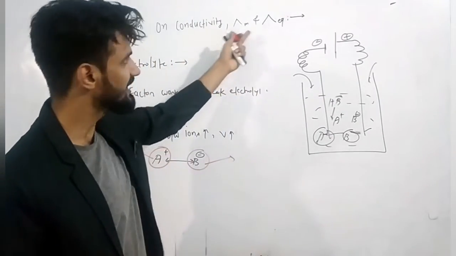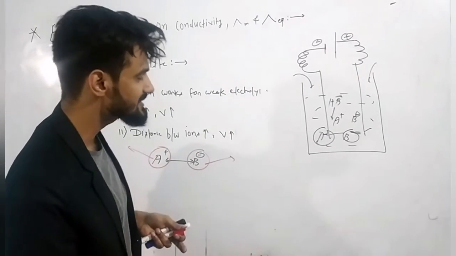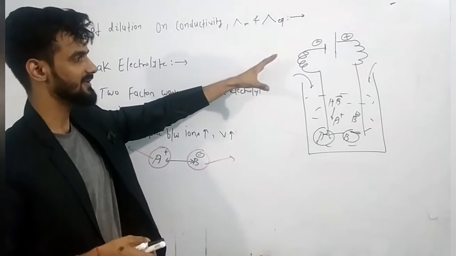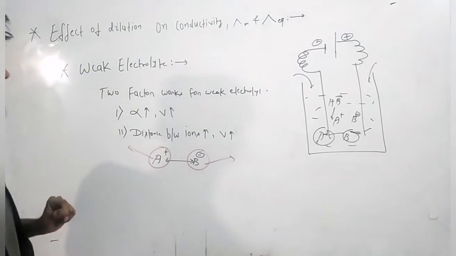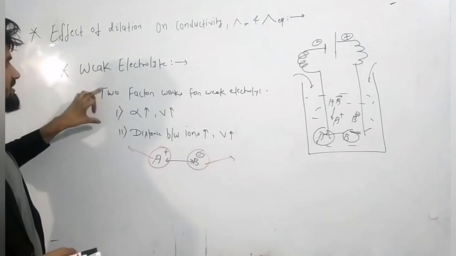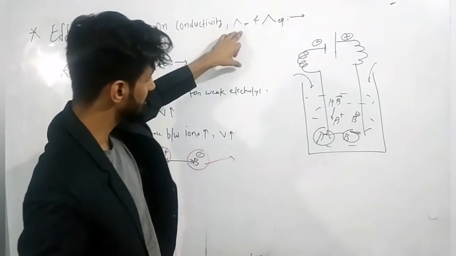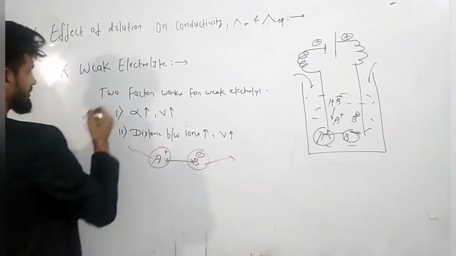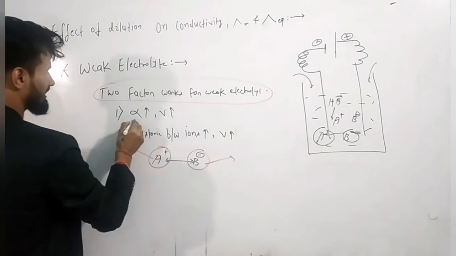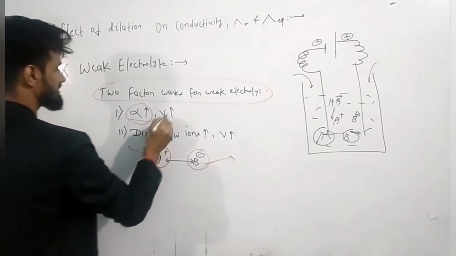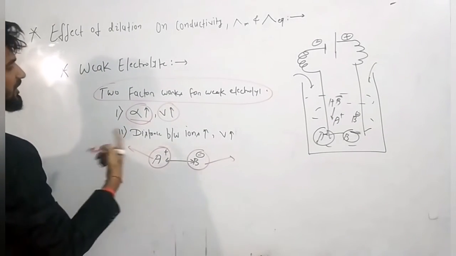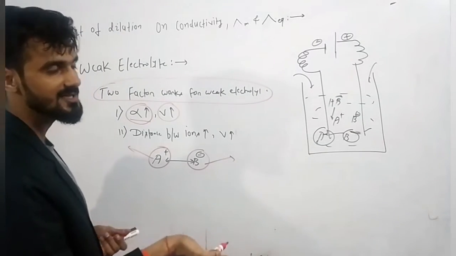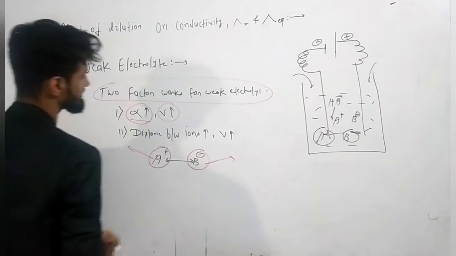And we are discussing equivalent conductance and molar conductance. So that causes increase in the molar conductance value and equivalent conductance value after the dilution. You have to remember 2 points. What is the reason that after dilution the equivalent conductance and molar conductance of weak electrolyte increases? The reason is that due to dilution, alpha, the degree of dissociation of weak electrolyte, increases due to increase in volume. So the number of ions in the solution gets increased, and due to this the charge carriers will increase. That causes increase in the conductance, molar conductance and equivalent conductance value.